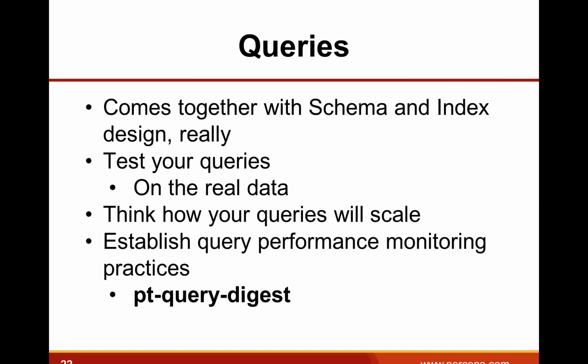Also, think about how your queries will scale, right? If you are saying, hey, we just have 10,000 products in the catalog, but they're going to grow to a few million, think about your query. Does it have to scan every single product to sort them? If it works right now with 20,000, wouldn't it become completely unworkable when that number changes to 5 million? Think about that as an example.